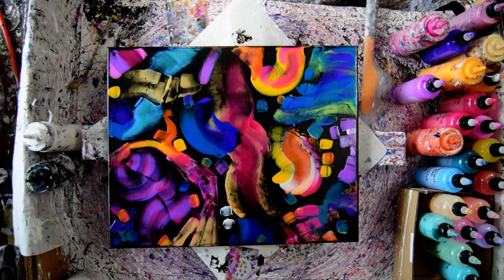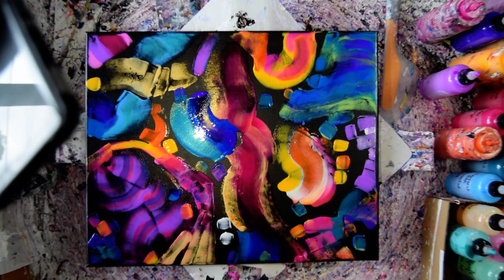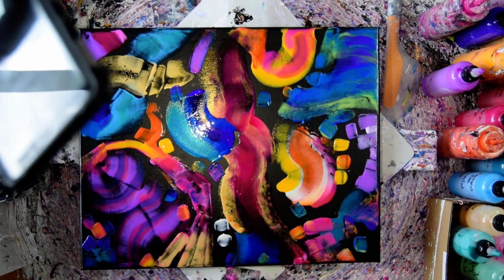Oh, yeah, I want to drag a basting brush through that. It could look completely different when you see it again. But looks like my battery's going to die anyway. So if it looks different,